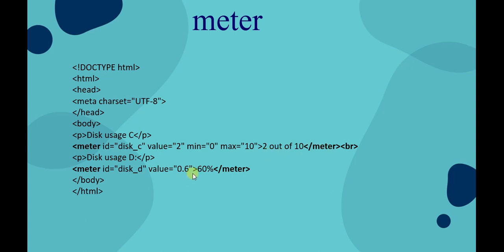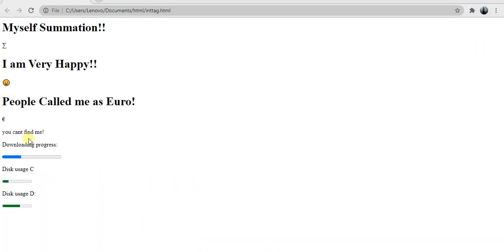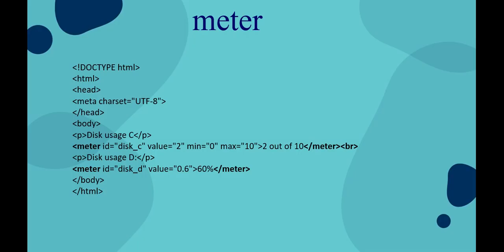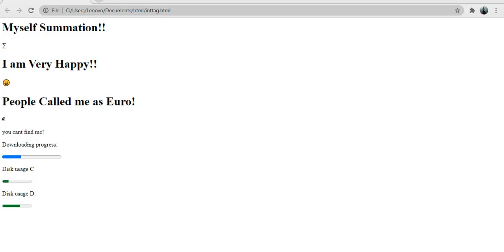This is the meter. For meter id disk T, just simply 60%, so you can see for 100% this is 60%, representing normal as progress. But in disk usage you see what it says: maximum is 10, minimum is 0, our value is 2. Like that it is defined; instead of percentage they define it in values, that's why this is totally 10, 2 is our value, so it represents up to this 2.